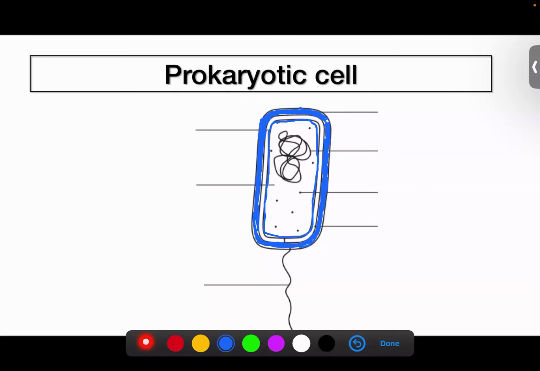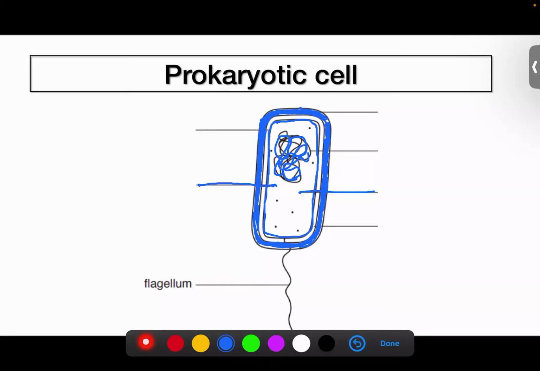And you have a circular DNA molecule in it, which is a naked circular DNA. And you have cytoplasm here. Okay. And there are 70S ribosomes here. So these are the structural features that are always present. So if we label them one by one,